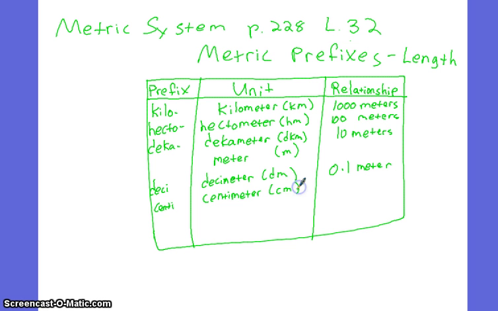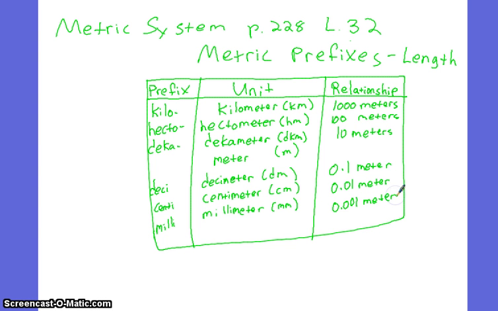This is cm, and this is 1/100th of a meter. And then our last one, and there's a lot more, but we don't need to know them unless you're going to get into some advanced stuff later in life. Millimeter, mm, and that is 1/1000th